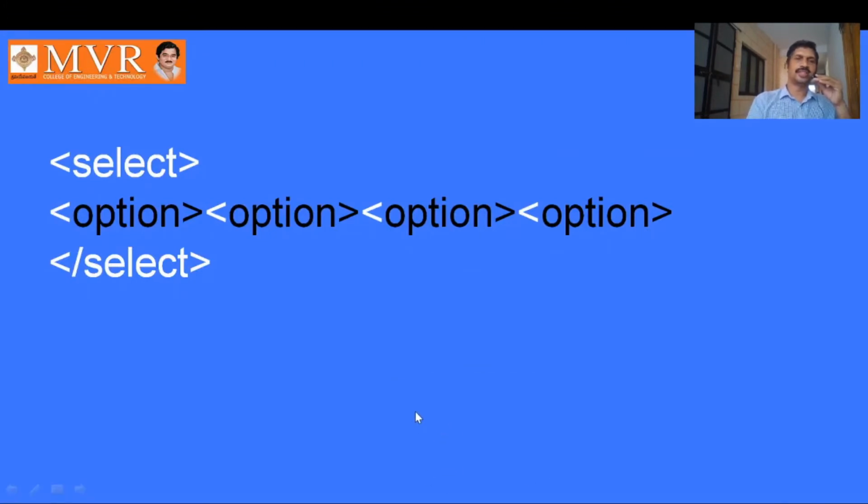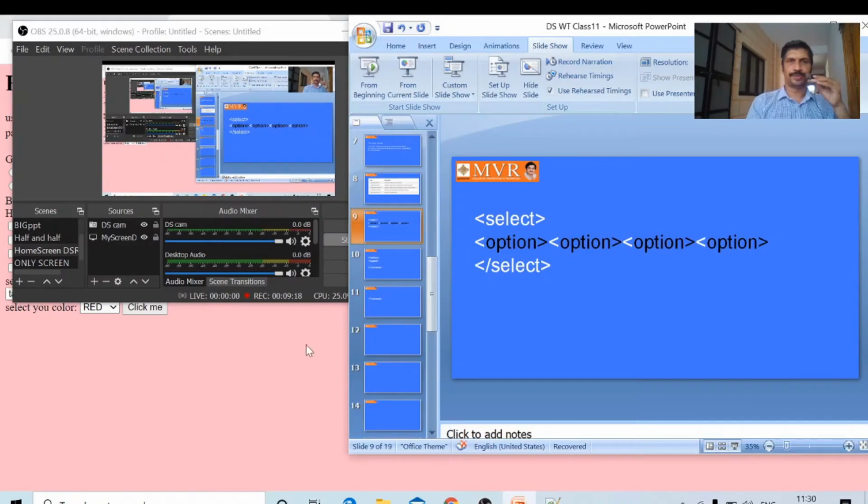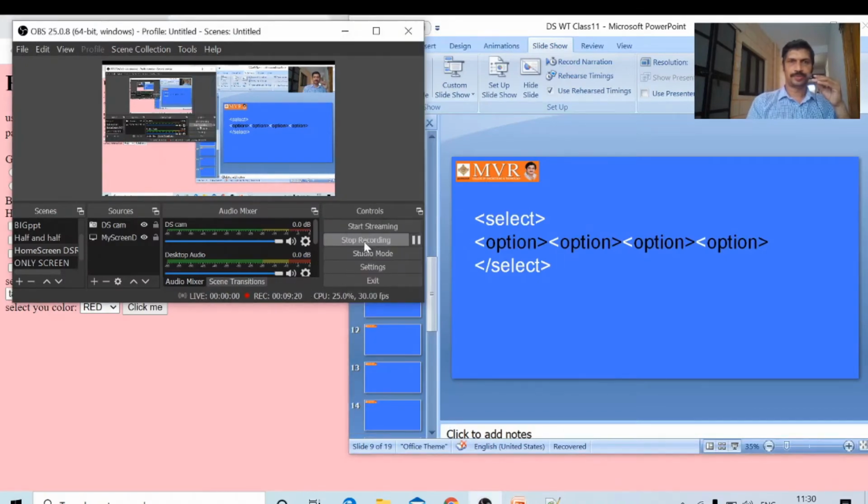Okay, next we will see the next type of input. That is about selecting from a drop down box. In order to select the values from the drop down box, we use the select input type element. Select, slash select. We can specify the values as option, slash option.